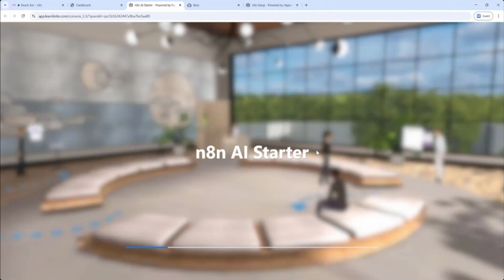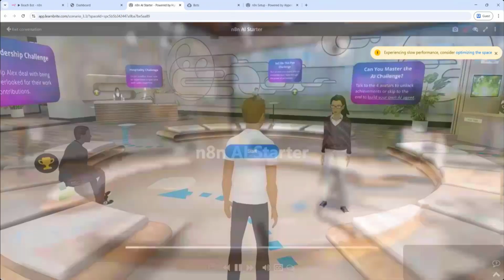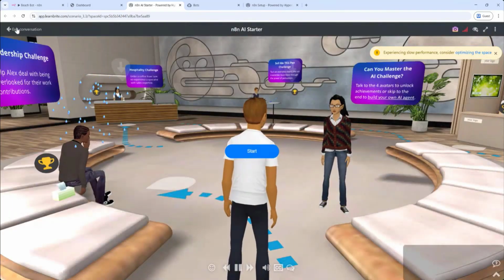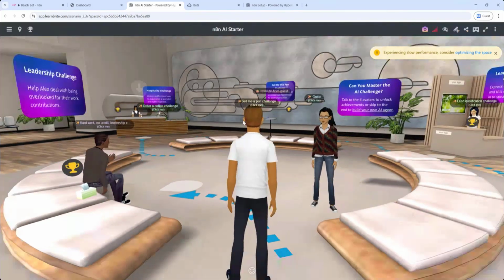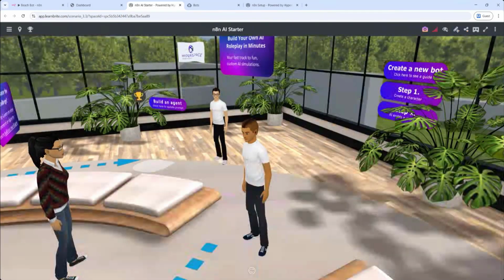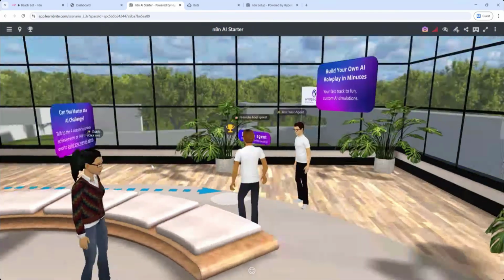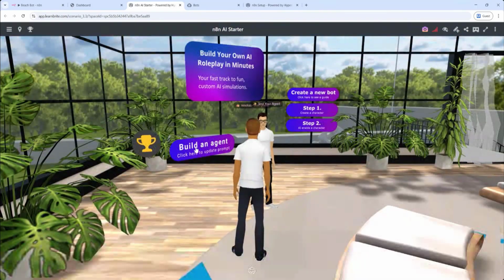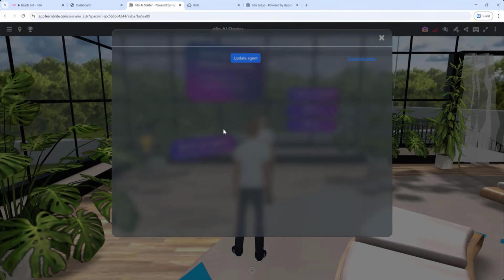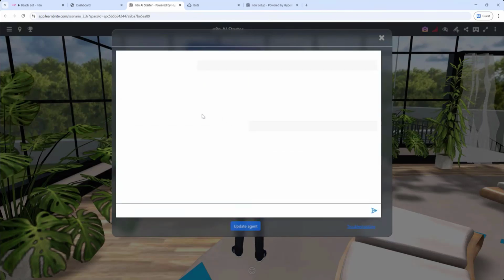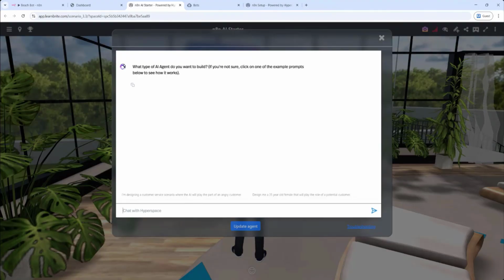There's a number of AI examples in here that you can see how AI can be used for leadership training, for hospitality, for sales, for sales staff, virtual staff running through AI. We're going to skip all those for now. At the end of the journey here, there's the ability to build your own agent. And that's what I'm going to do. I click this button, build your own agent, and it will prompt me to start building an agent role play for learning and training. So let's say, build me a role play where I am talking to a resort